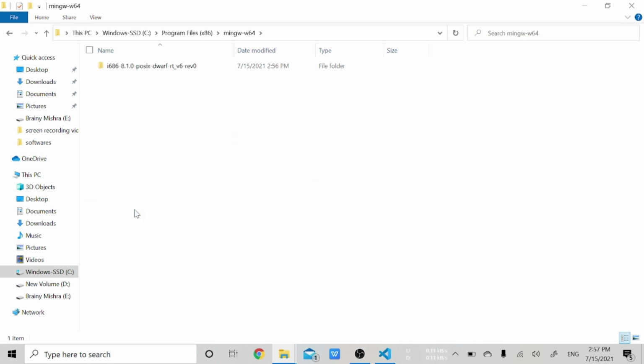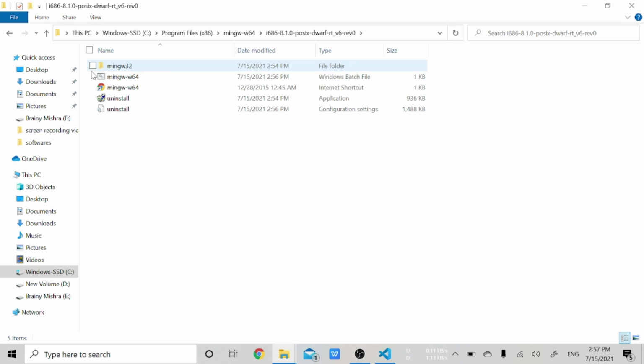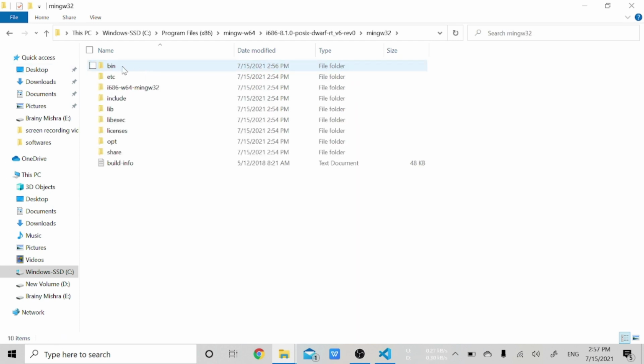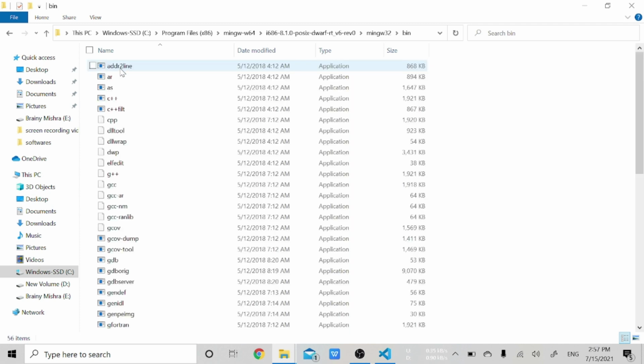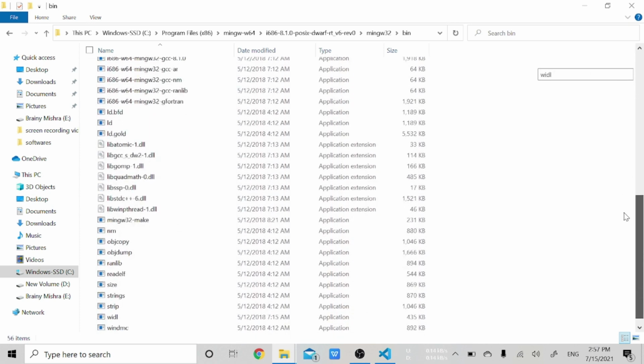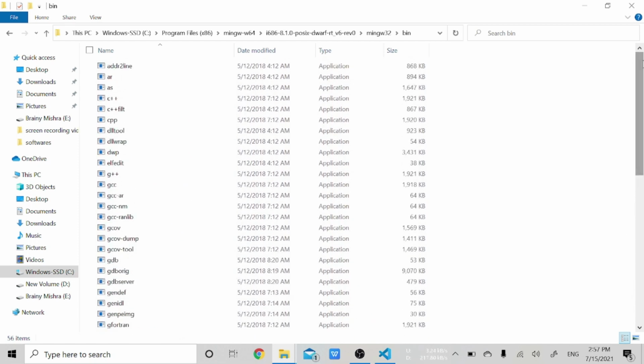Go into this folder, and you may see a single folder here. Double click on this and go in. Again go into the MinGW folder and again go into bin. Here there are many executable files, so we have to copy this path.